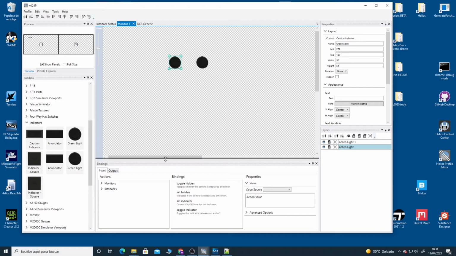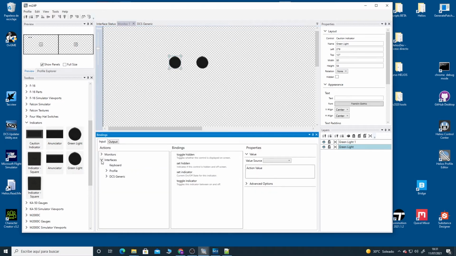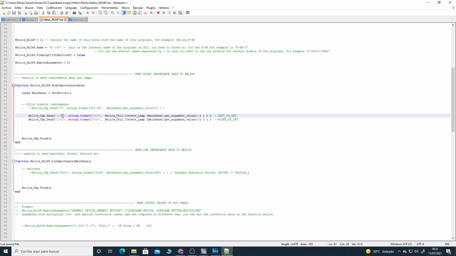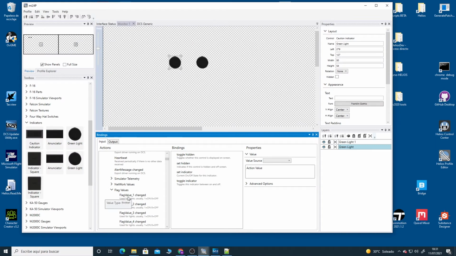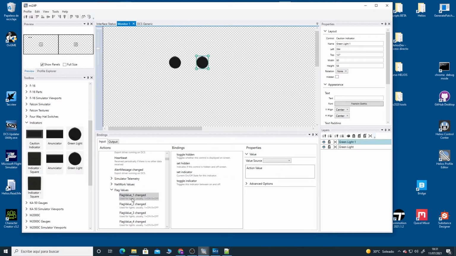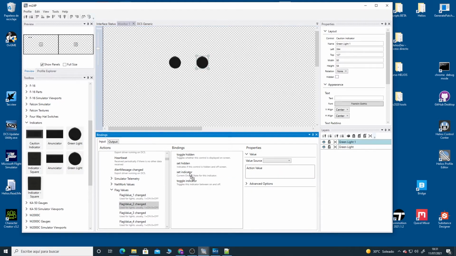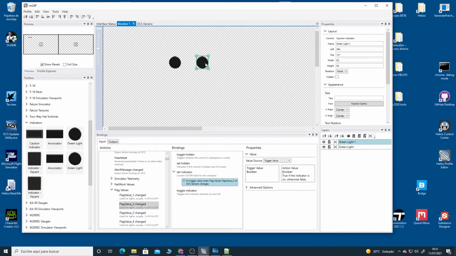For the first one, we are going to use the interface DCS Generic. As you remember, we are using the flag values in our script, and we are using the flag value number 1 and number 2 of the list. So we are going to use the number 1 set indicator for that lamp, and the number 2 set indicator for the second lamp. Okay, we are going to save our profile,